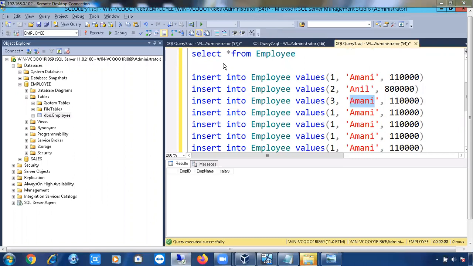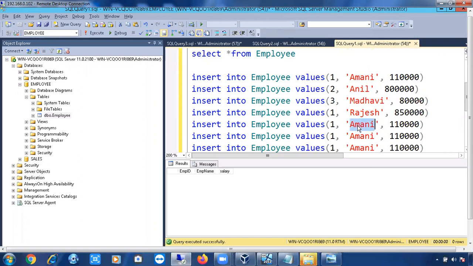Madhavi. For you, I'm giving same 8 lakhs package. And next person is Rajesh. 8.5 lakhs, 8 lakh 50,000 I'm giving you.